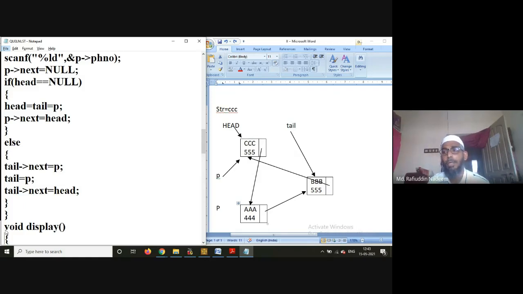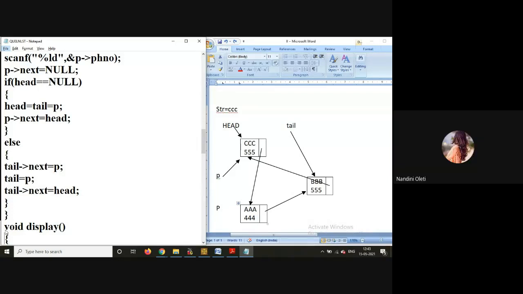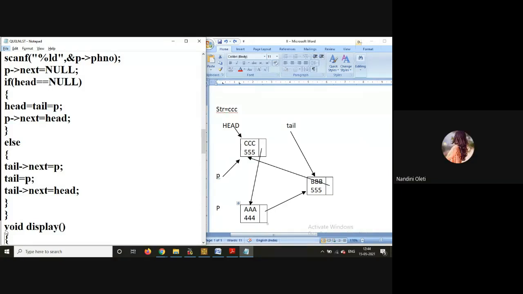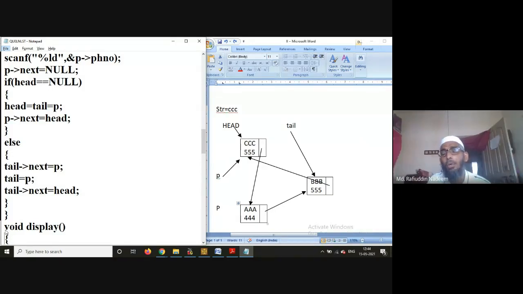But what type of restriction will be there? What type of uniqueness will be there? There you may have a unique roll number. Am I right? Yes. Then when I am developing such logic, I will check with the roll number there. Yes. Then in that case, no duplicate nodes will be existing.